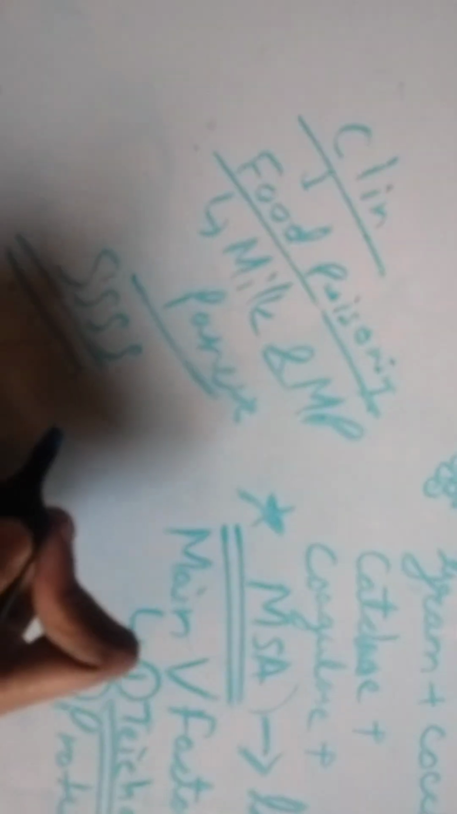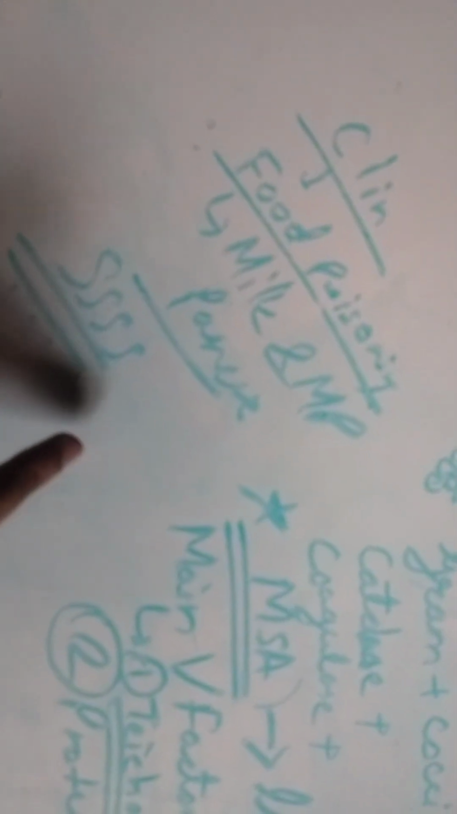Second, clinically it causes SSSS, that is Staphylococcal scalded skin syndrome. It is caused by exfoliative toxin A and B. In children, it causes Ritter's disease, and in adults, it causes toxic